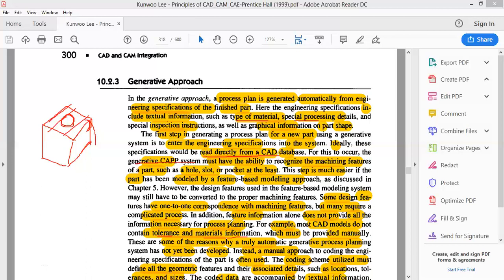If that is done, yes, it will be captured. Otherwise, this data will be missing in the generative process planning method. So that is one of the things that will be missing.